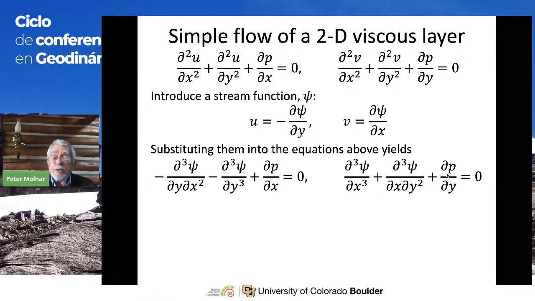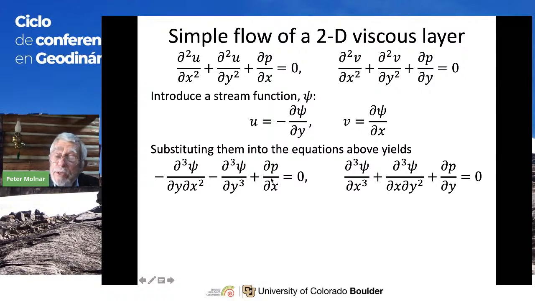Why have we done this? We've done this because the pressure is a nuisance. We don't want the pressure. What we want to know is, what are the speeds? How is the flow taking place? What's the nature of the flow? And so if we can solve for phi, we know that flow, but we have pressure in the way.